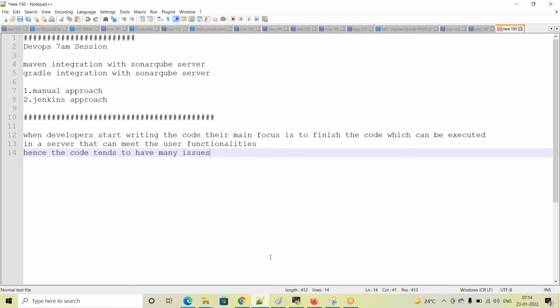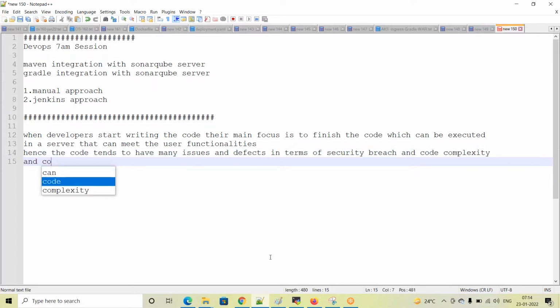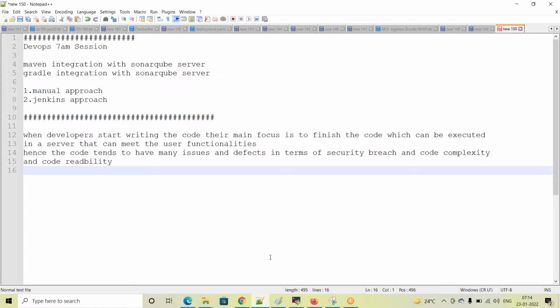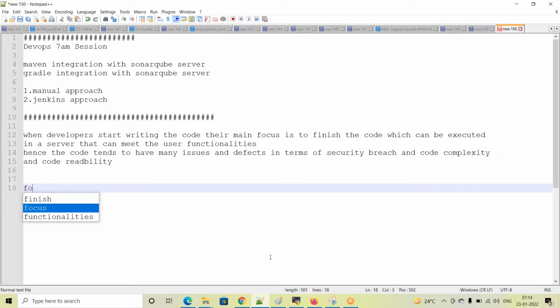Whatever code the developer is writing tends to have many issues and defects in terms of security, performance, code complexity and code readability. Why we need to highlight these things is, for example,